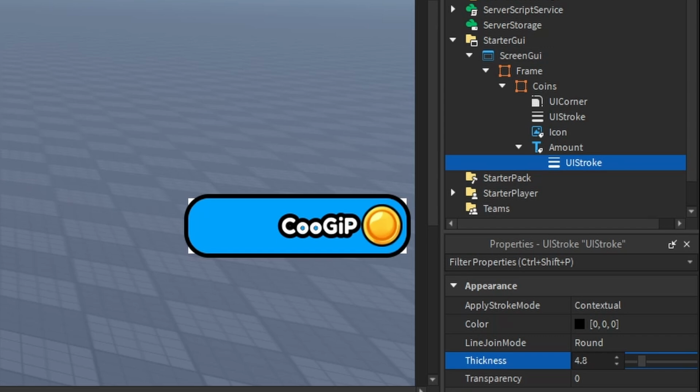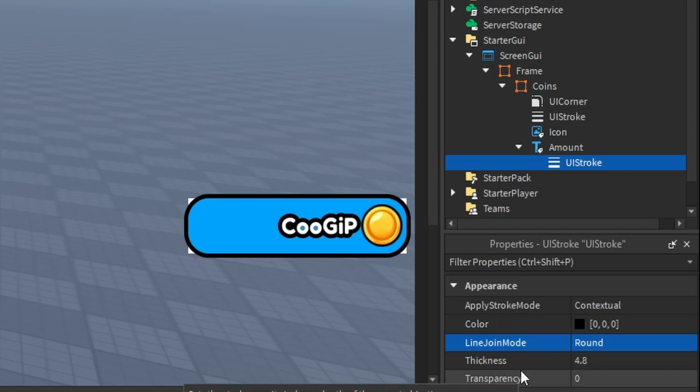Okay, so I've updated the text of my text label just to show you one more thing with the UI stroke. Whenever I use a UI stroke on text, what I like to do is change the line join mode from round to bevel or miter. And the reason for that is because when this is set to round, you should look at these O's right here. Inside of the inner part of these O's right here, and kind of the P is a little bit harder to see, but kind of on the inner circle of letters,